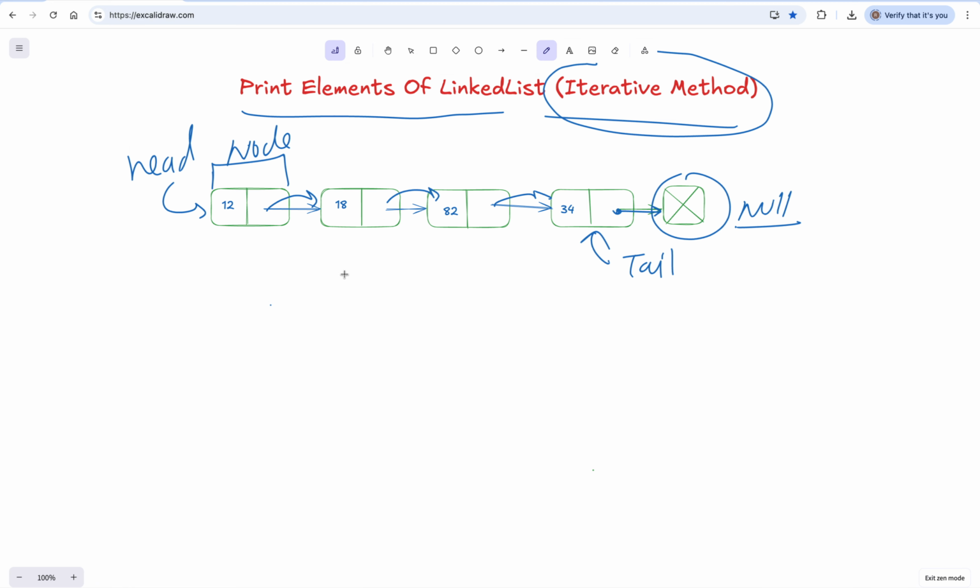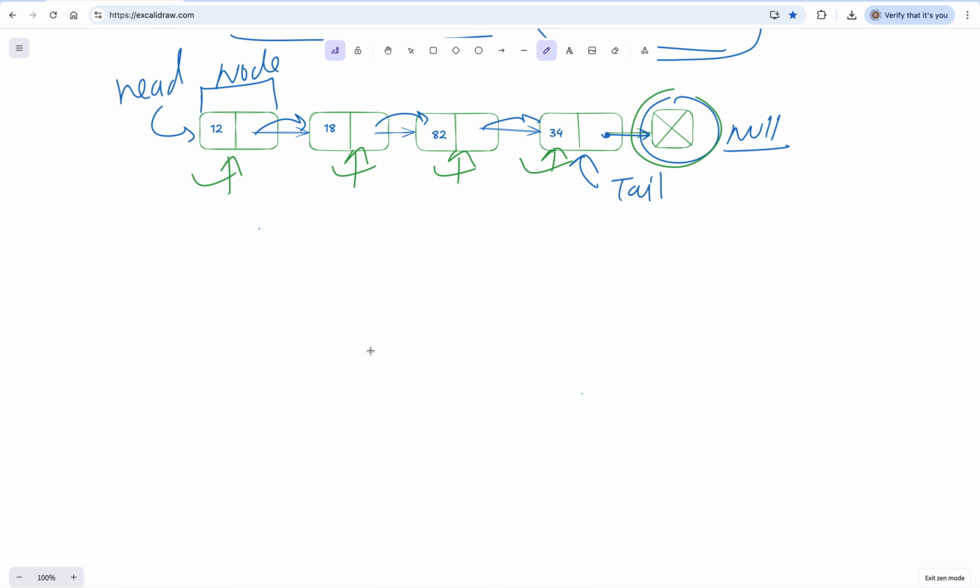So if you think about the intuition, then what we can do, that we are having the linked list and we need to print the elements. We need to print elements until we get the null. Before null, we need to print each and everything. So we can traverse the linked list from here and we can reach till the end. And if we find the null, then we can break that iteration. So what the pseudocode can be, let me write it.